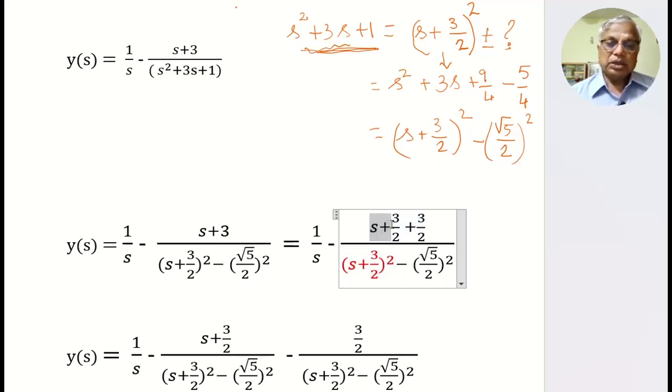I'll make the numerator also s plus 3 by 2. So I modify the numerator s plus 3 like this: s plus 3 is made as s plus 3 by 2 plus 3 by 2. The idea is that the first term is the same as the first square, s plus 3 by 2. So when you do this,